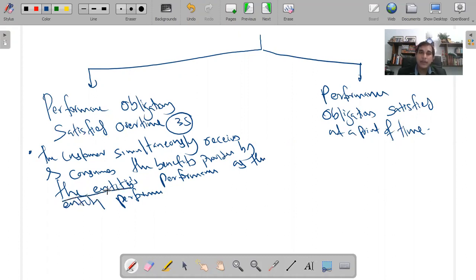Provided by the entity. Now, for an instance, entity means the seller. When the entity performs the performance obligations, the customer will receive the benefit. That would happen simultaneously. So that is the first condition. Second one,